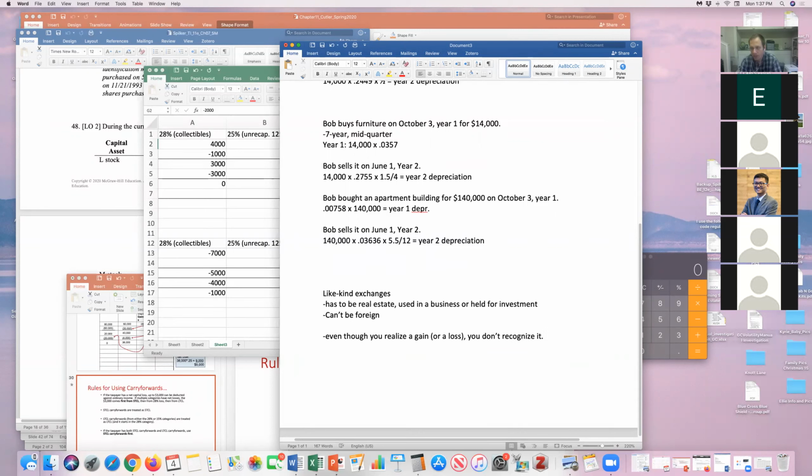So real estate people, maybe they have a building that they've held, they're ready to get rid of it, but they want a different building. They can just do an exchange, and you can use a middleman like a dealer to facilitate the exchange, and you can trade it for another building, and then you don't have to pay the tax on your gain. But it is going to get built in